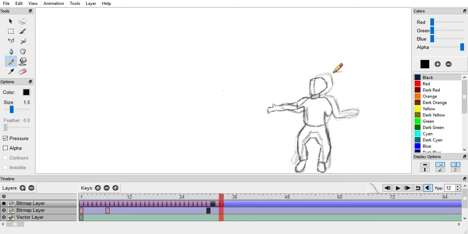Oh, no, undo. He needs his arm. And I drew 1,000 different frames to make 10 seconds worth of animation. Yep, it really does take that long. Uh-oh. What happened now? What did I do wrong? Oh, here's what I did wrong. I already have a new frame. I gotta draw on this frame.